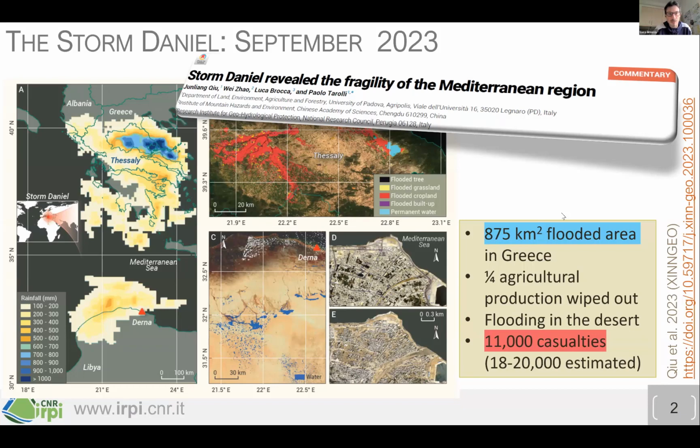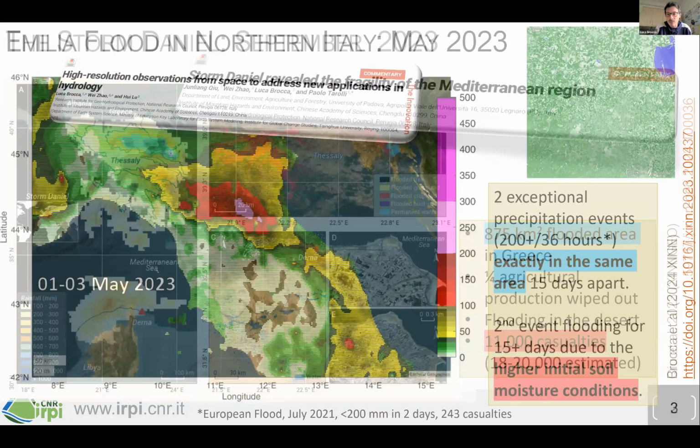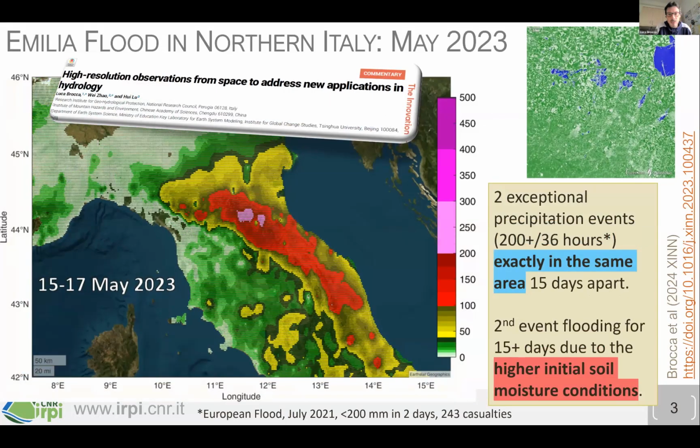It was quite impressive, both the flooded area that we had in Greece, close to 1,000 square kilometers, which is really huge for this part of the world, and even more worrying, the number of casualties in Libya, where we had less precipitation, but the conditions were very bad and 2 dams collapsed.